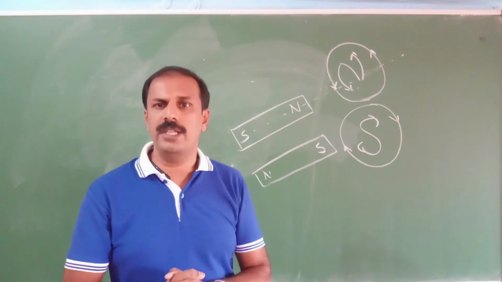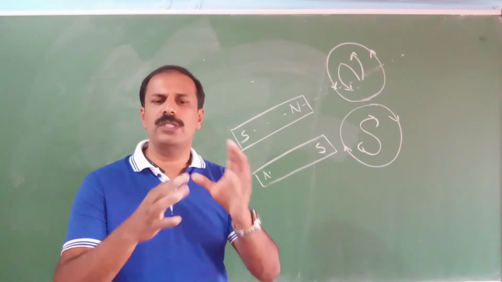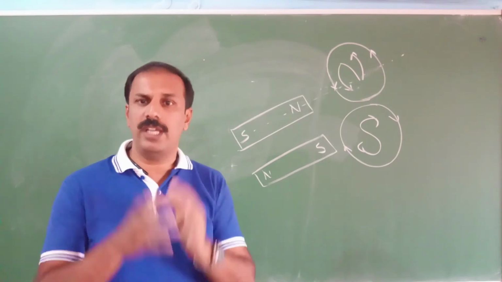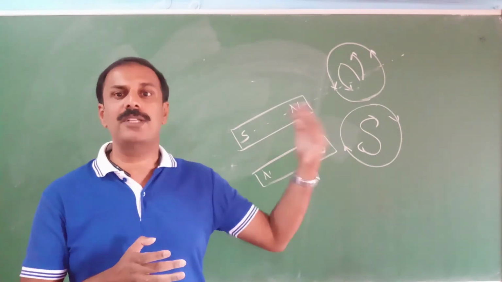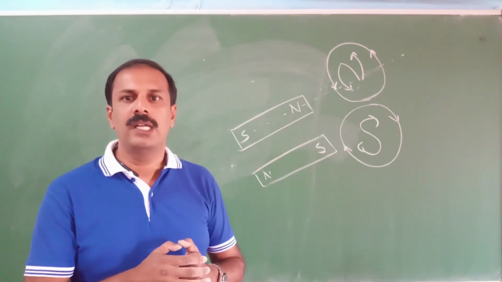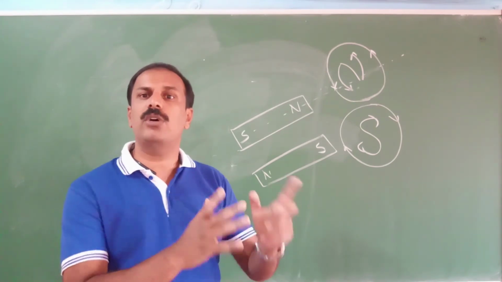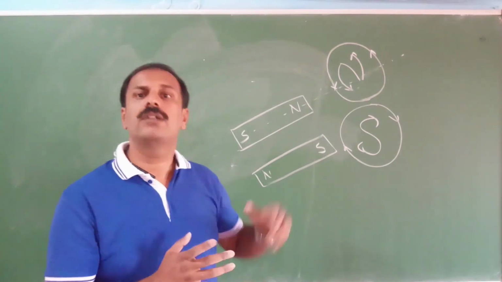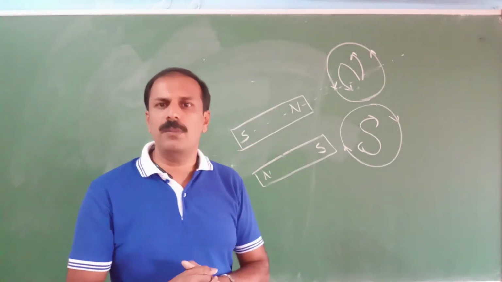Many times this question came. Explain that the Lenz's law is in accordance with the law of conservation of energy. Then you have to tell this one. That is, if Lenz's law is not like this, if it is opposite, the work is done without applying any force. That is not possible. We cannot do work without applying force. So the Lenz's law should be right. So that's about the basic thing about Lenz's law.